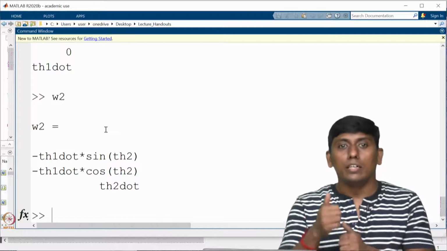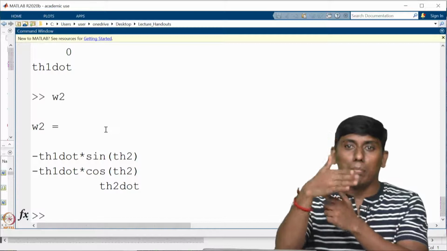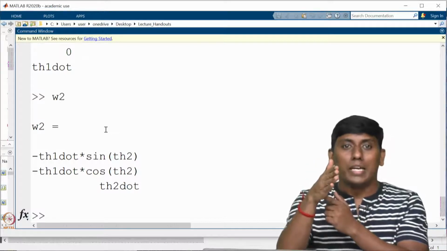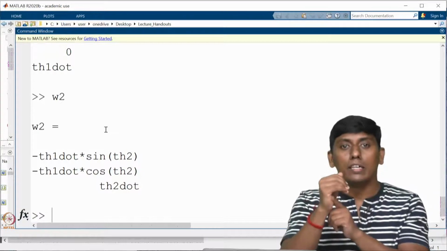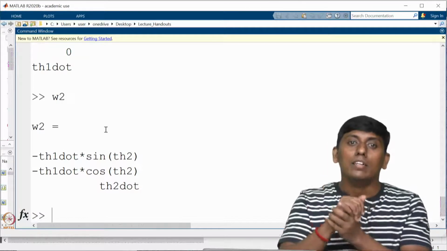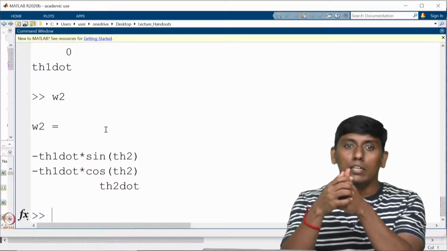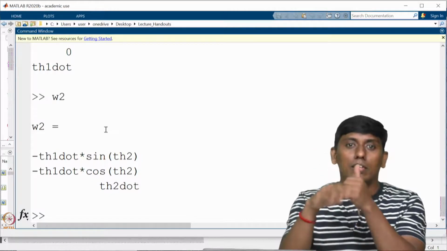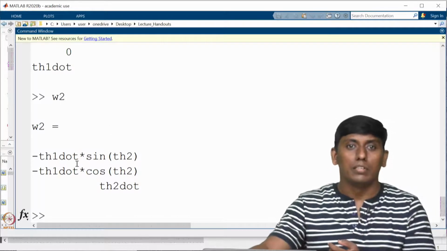Okay, so here it is: the first joint is vertical rotary and the second joint is planar in the YZ plane, or you can say XZ plane, whatever plane you consider. So in that sense you can see that there is an angular velocity, theta 1 dot here, but when it comes to this axis, it would have a transformation, that is what you can see from this result.